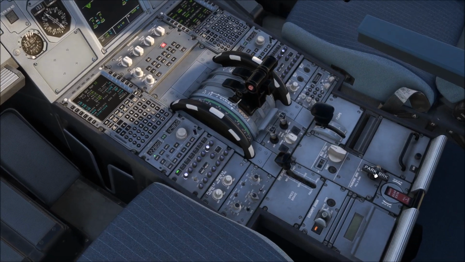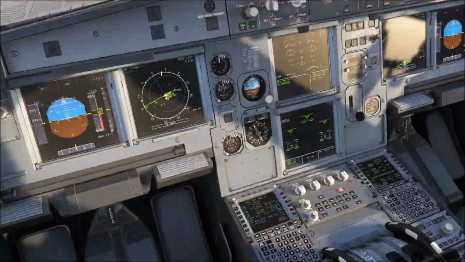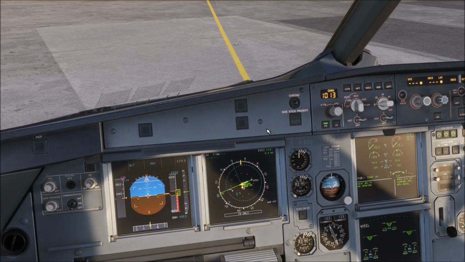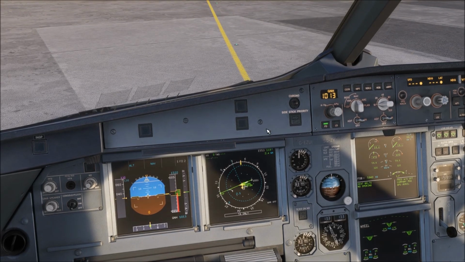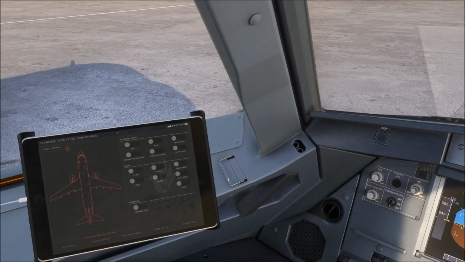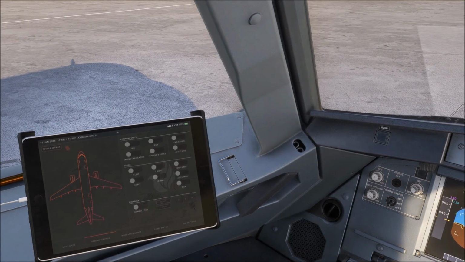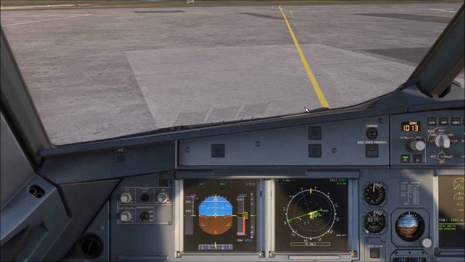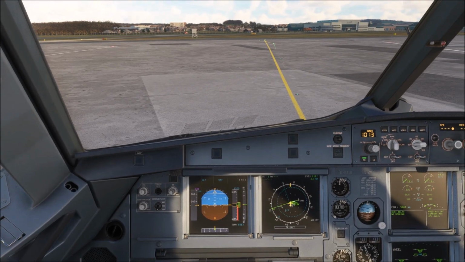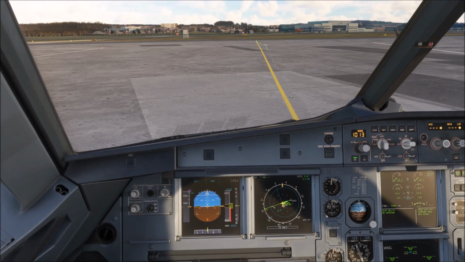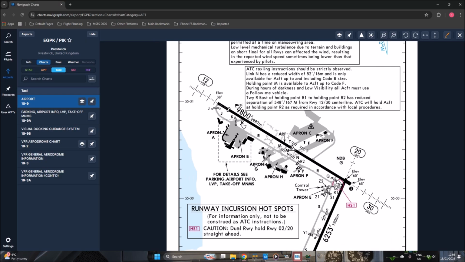So let's get rid of that park brake, and the aircraft should start to move on its own because it's very light. Yeah, there it goes, even with CFM engines. So what we're going to do, we're going to taxi to runway 12, and we are here at the moment. We're going to taxi on Juliet to holding point